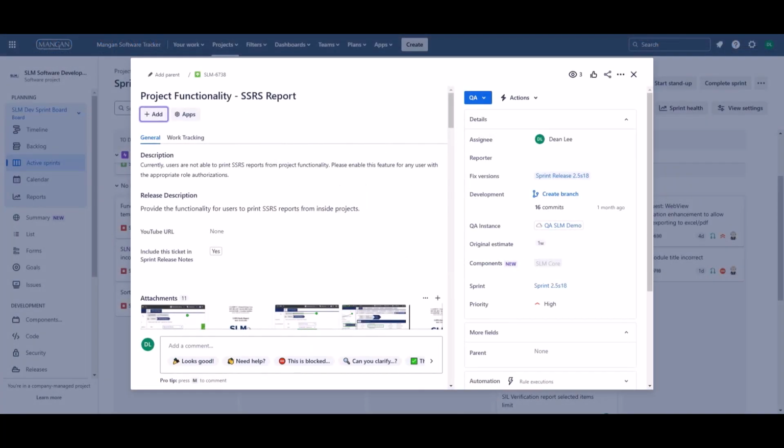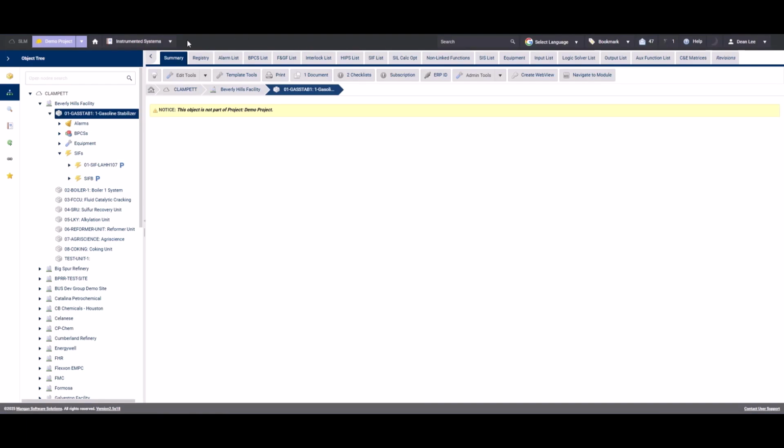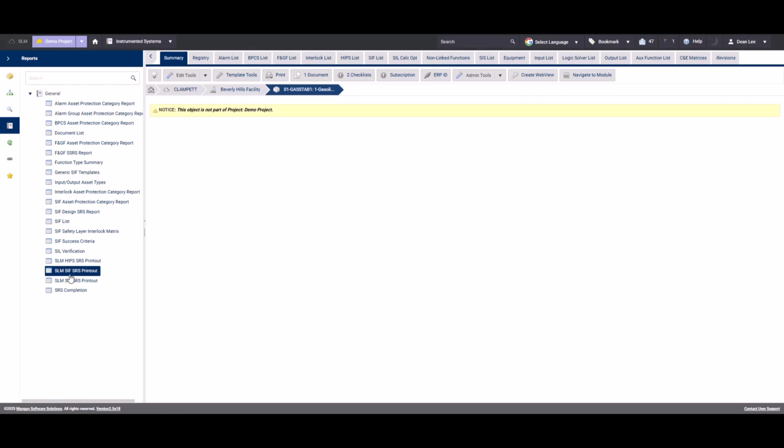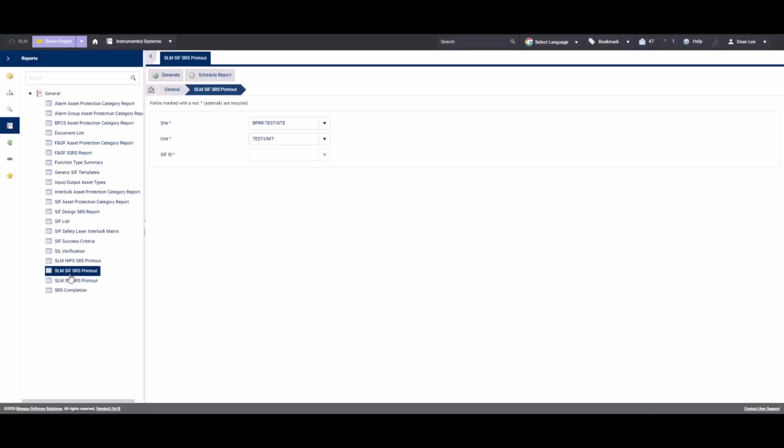Ticket number 6738, Project Functionality SSRS Reports. So we provided the functionality for users to print SSRS reports from inside projects. So if we come to the Instrumented Systems module, inside the demo project, we can see that we have 2 SIF objects here. So if we come to the SLM SIF SRS printout, and we navigate to our SIFs,